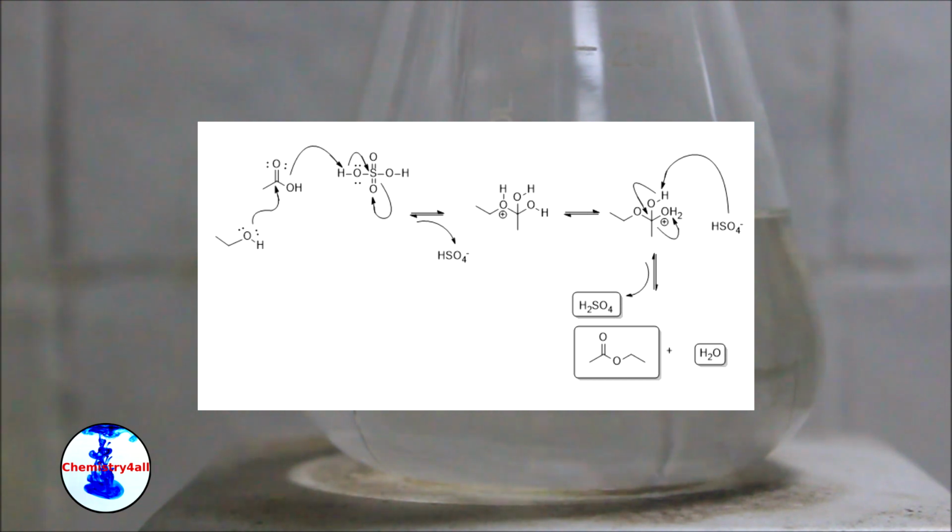Then, ethanol, which is working as a nucleophile in this reaction, attacks the electrophilic carbon atom, leading to the formation of an intermediate complex bearing 3 hydroxy groups. This is then followed by a general proton transfer reaction and an acid-base reaction involving the hydrogen sulfate anion, leading to the regeneration of the catalyst, sulfuric acid, the formation of our product, ethyl acetate, and the release